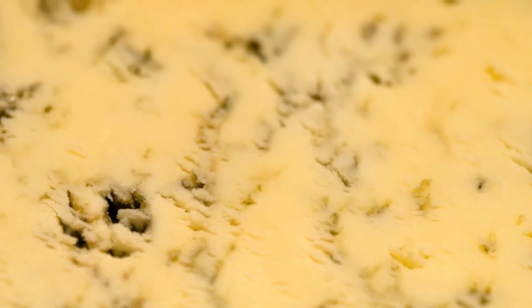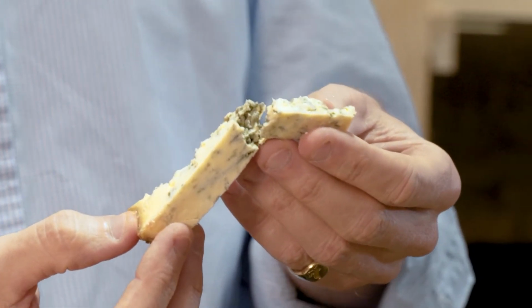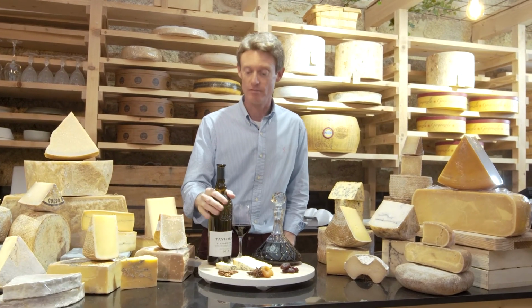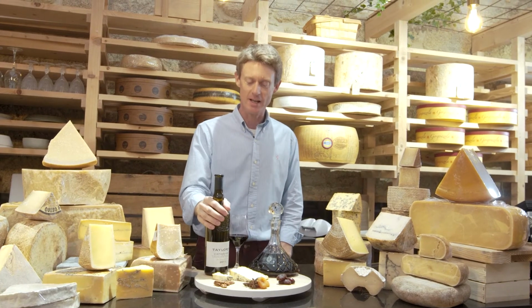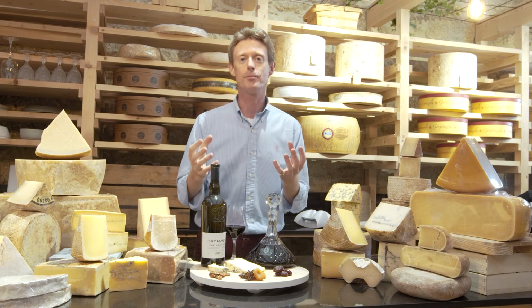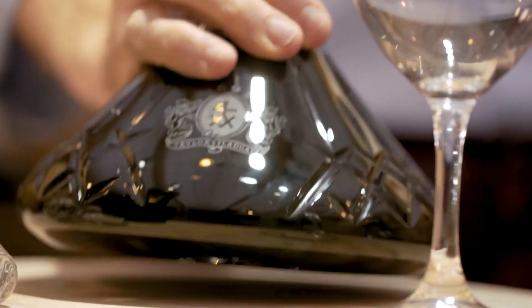And so in this cheese you get, to me, a greater level of delicacy in the final flavor of the cheese. And when you're talking about a vintage port which has some bottle age, this one with 10 years at the moment, you therefore are able to pair off 2 great products that have a softness and a delicacy,